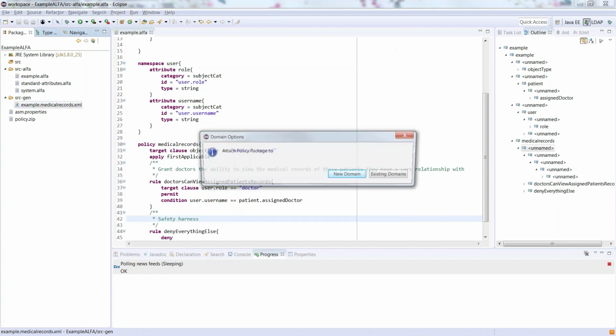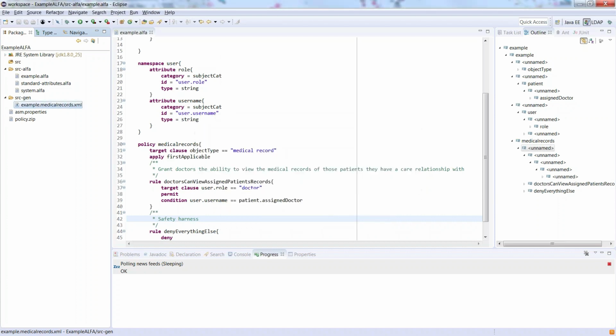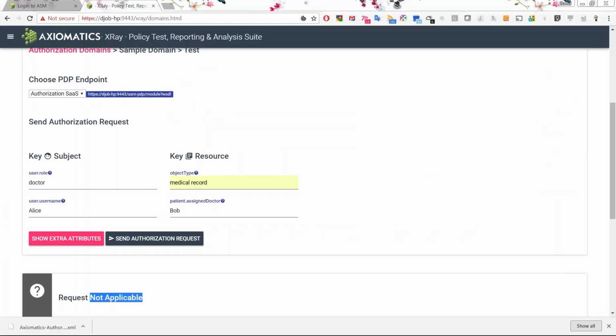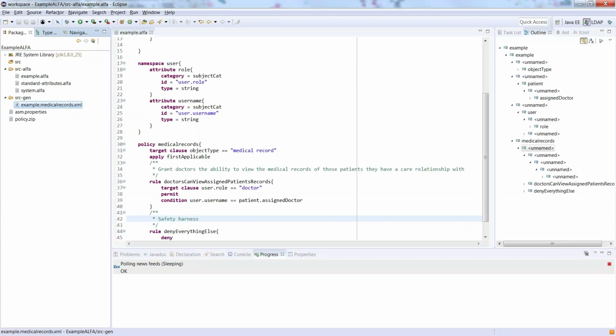So it's really cool to see how instant it is to just make changes to your policies as your scenarios evolve. And if I now send this, I get access denied. Very cool and very simple. Yeah. I mean, we didn't spend that much time writing the policy, pushing the policy, and actually sending that.